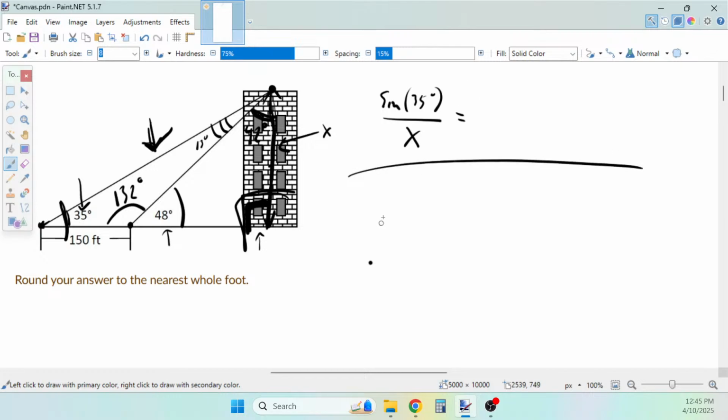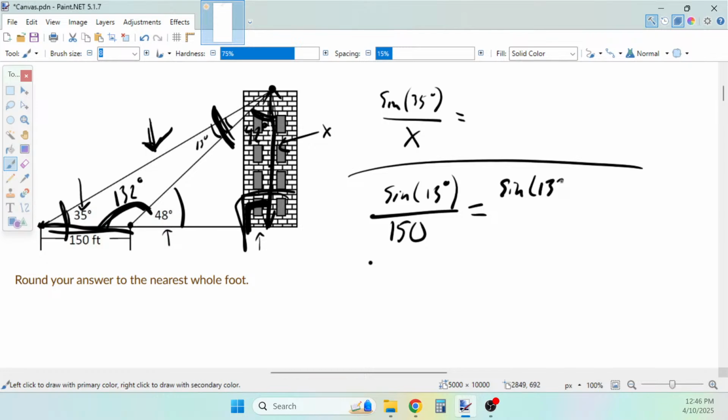I know that sine 13 degrees over 150, this angle is opposite this side, has to equal sine of 132 over the long side of the triangle. Using the formula and solving for y, we're going to get y equals